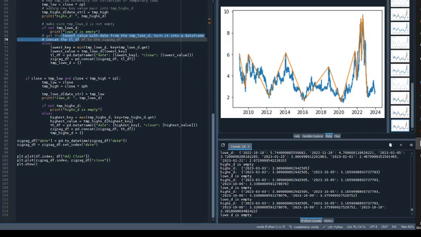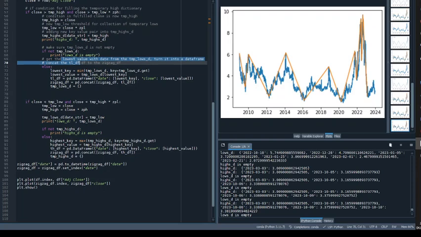So in the zigzag data frame you have one after the other: a new low, then a new high, a new low, new high, new low, new high, and so on. And that's how you get this pattern of the zigzag indicator. And we do the same logic, just the other way around,